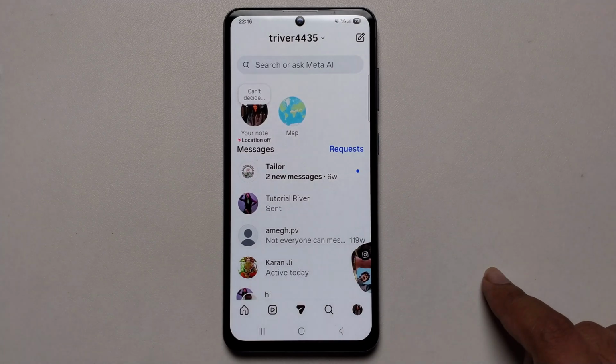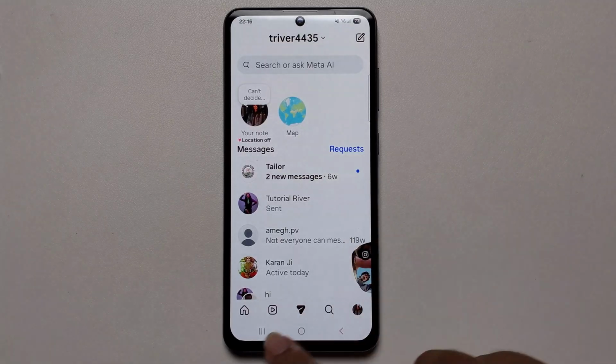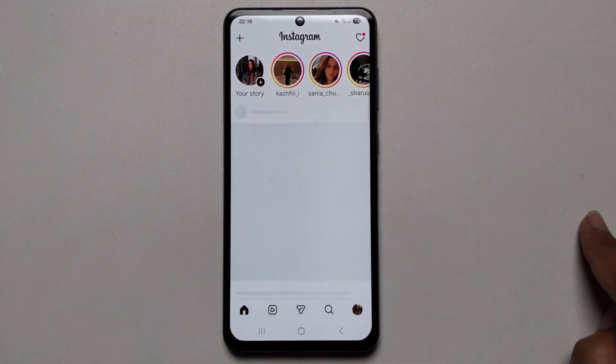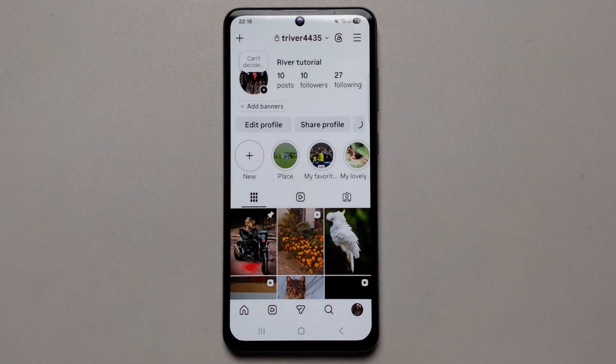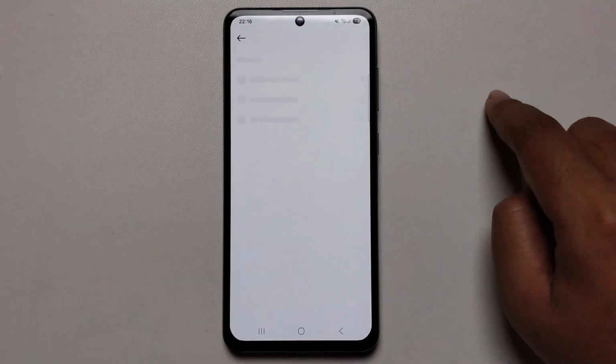Hey everyone, today I'm gonna show you how to fix not showing the Instagram Instant option on my Android phone and provide a full guide. So simply, you just open your Instagram, press onto profile. At first, you need to enable this three line menu at the top right corner,